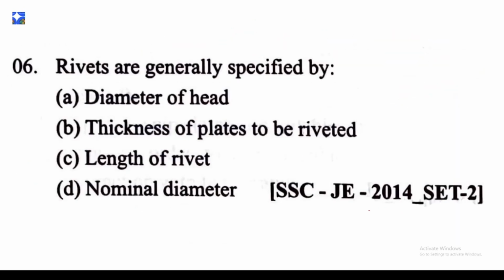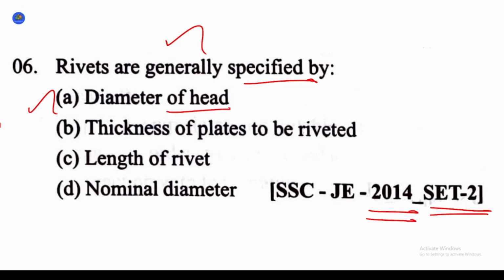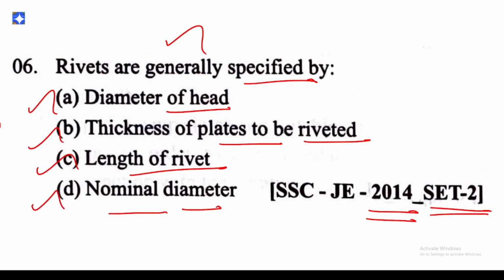So this question was also asked in the same year 2014, but for set 2. Rivets are generally specified by, you know that any product or whatever be the component, it will be generally specified using certain terms. Like rivets are generally specified by, you have been given four options. Option A, diameter of the head. Option B, thickness of the plates to be riveted. Option C, length of the rivet. Option D, nominal diameter. See, if you are using some design data book, you might have come to know that rivets are